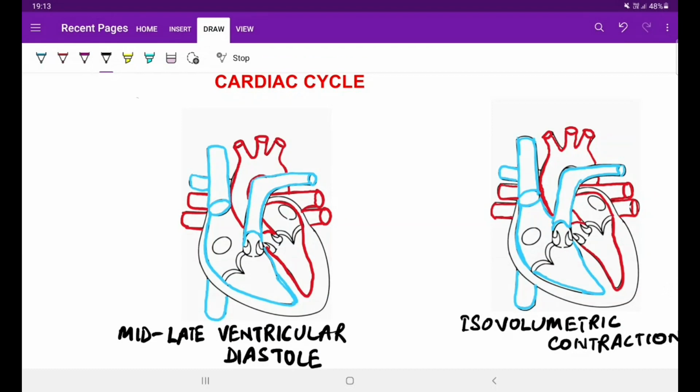In this video, we are going to discuss the cardiac cycle. Until now, we have discussed human heart anatomy, the process of double circulation shown by the human heart, and in the last video, I discussed the conduction system of the heart. If you want to refer to those videos again, I will give you a link in this I button. You can refer to those videos and then we can continue our discussion about the cardiac cycle.